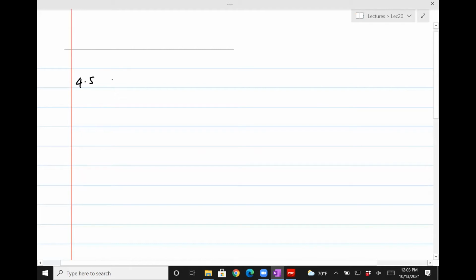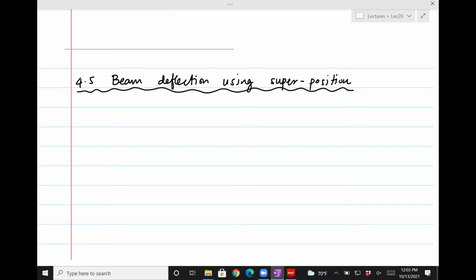And the book has, as I said, some other methods. So we'll do beam deflection using superposition. That is, if you want to find the deflection due to a complicated load, then you can break it down into the sum of simpler loading conditions. And those loading conditions you can either derive using the equations I showed you in last class, or you can use the table. And we just use the tables to do it this way. Okay, so in this method,